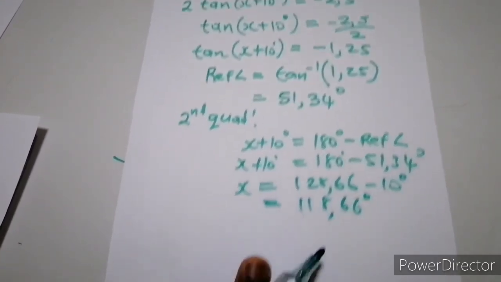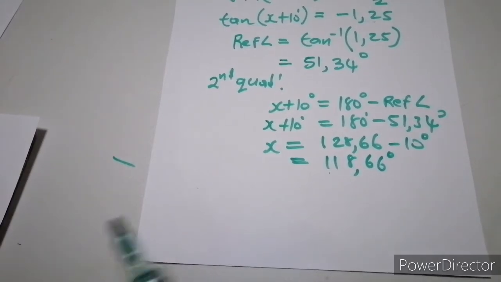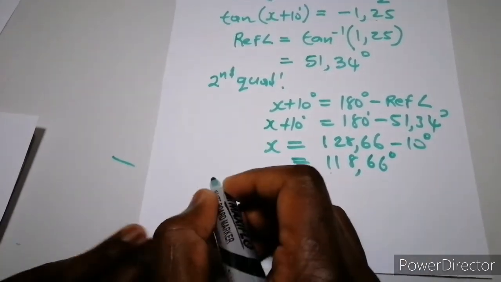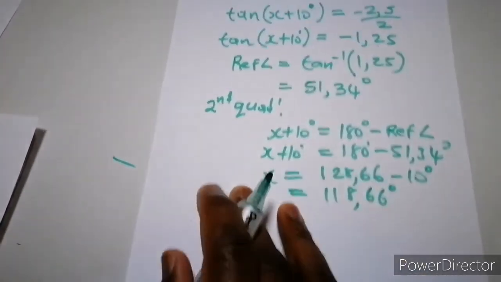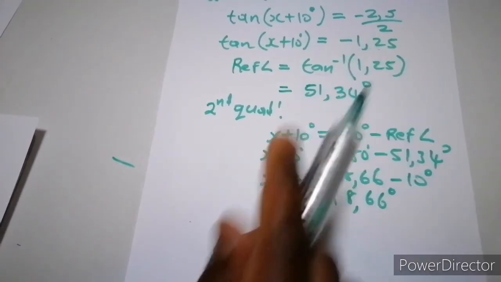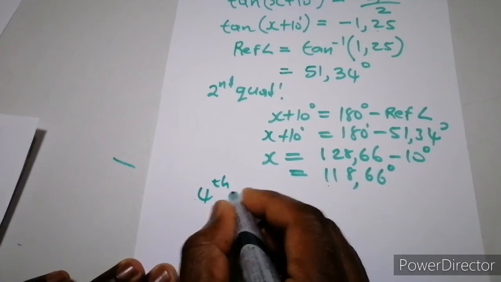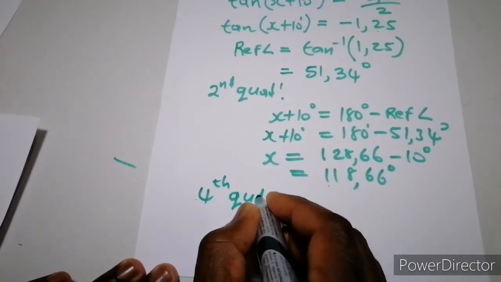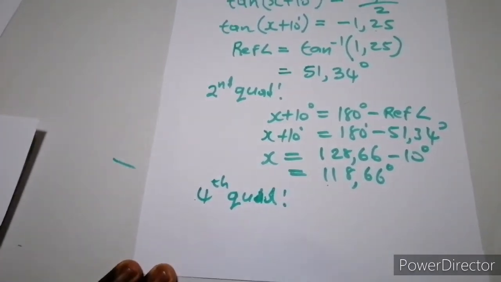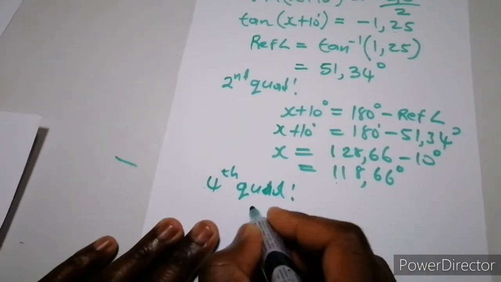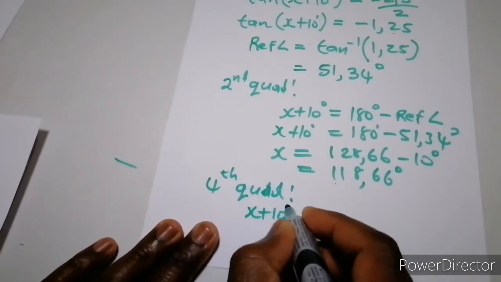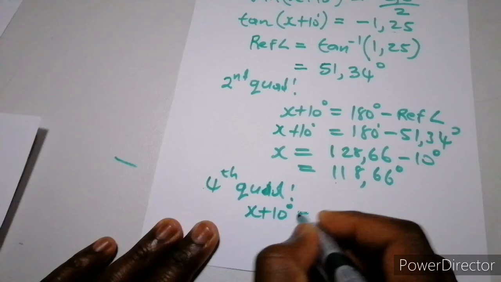Now we're going to find the solution in the other quadrant. In which quadrant is the function negative? In the fourth quadrant. Now, in the fourth quadrant, x plus 10 degrees is equal to